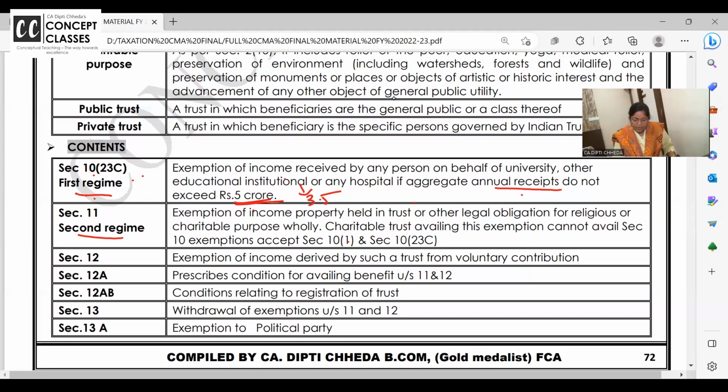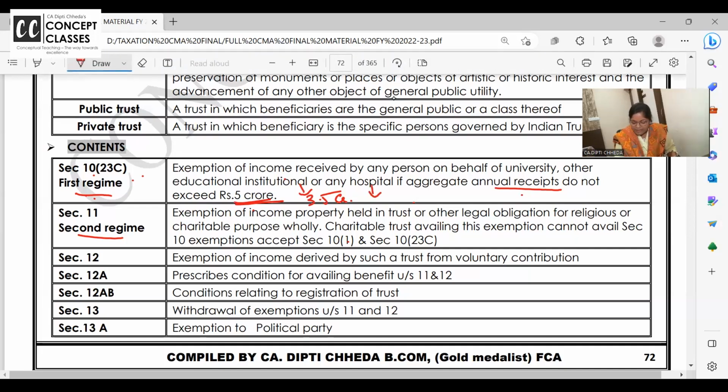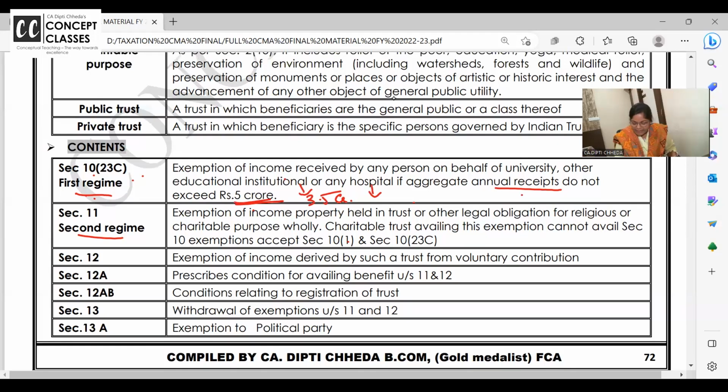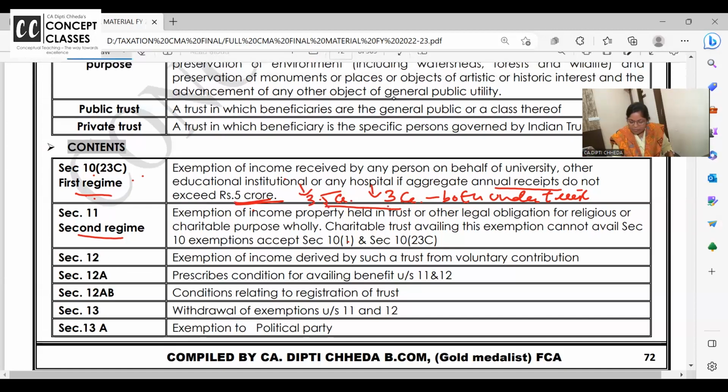Now, next: if the educational institute is there, say a medical college, its gross receipts are 3.5 crore. And now a hospital is there, that is say 3 crore. So individually the turnover is less than 5 crore. But if they are both under the same trust, the trust is running the medical college and the trust is running the hospital, in that case the total turnover has exceeded, it is 6.5 crore.